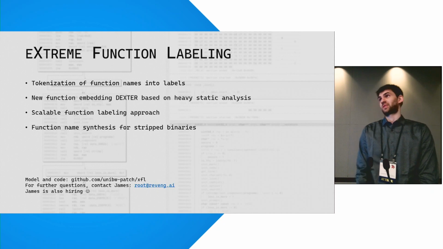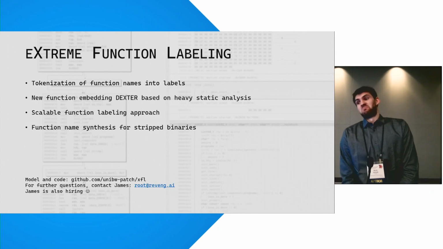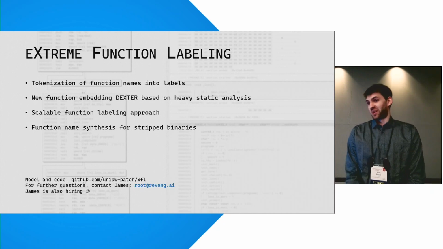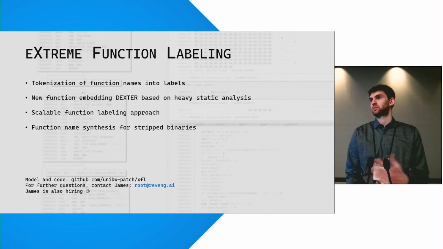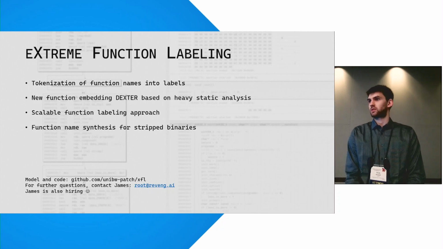Well, that's an interesting question. I don't know an answer spontaneously, but I could imagine that the Dexter function embedding is capturing caller and callee information, also arguments. So I could guess that you could retrieve information from the embedding there as well. And then turning also the arguments into labels as target space, I think that could work, yes. All right, thank you.